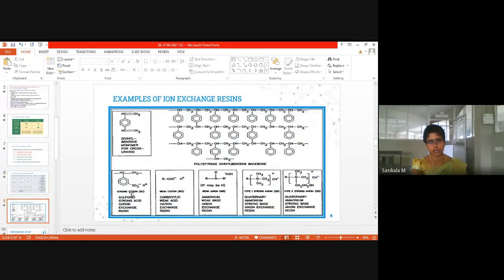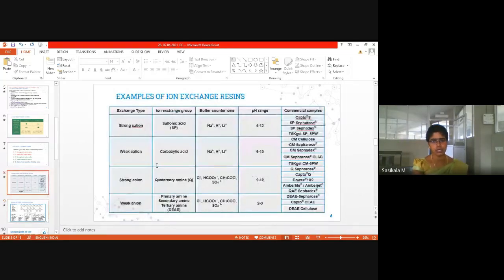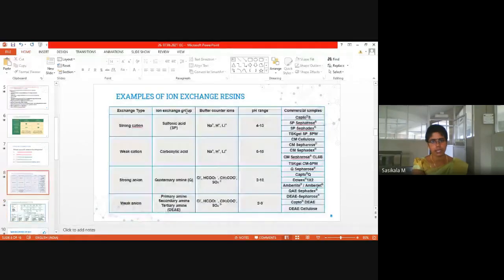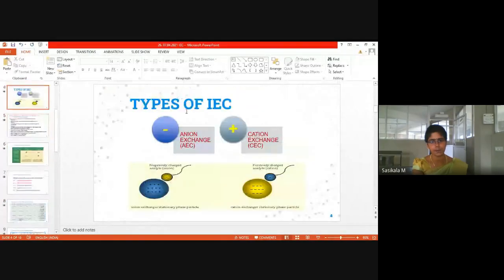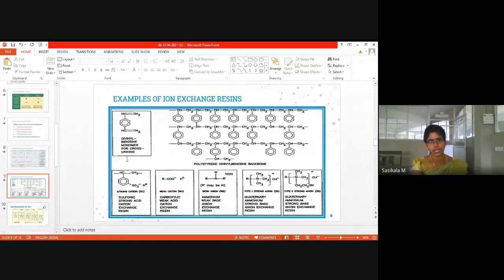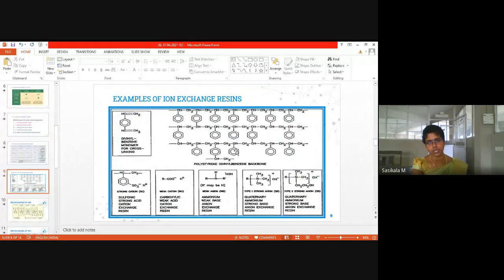Here is the chemical structure of ion exchange resins. And this is the matrix that we discussed, that is the resin. We have discussed the resins right here. Resins are inert polymers, so the structure of the resin is given here. One chemical structure of resin is polystyrene divinyl benzene. The backbone represents the support which is given for your anionic exchangers and cationic exchangers. So what is the resin here? It is a polymer. We told polymer, right?